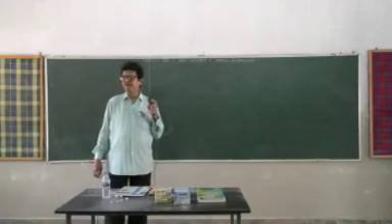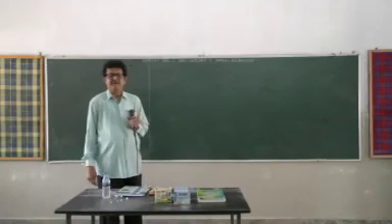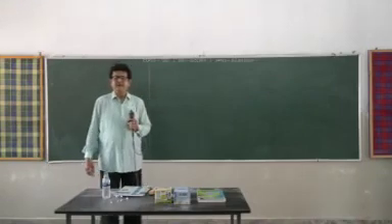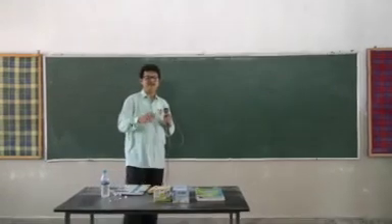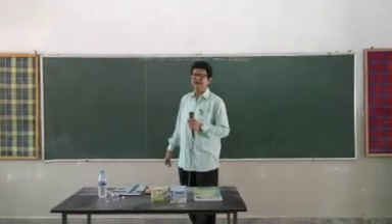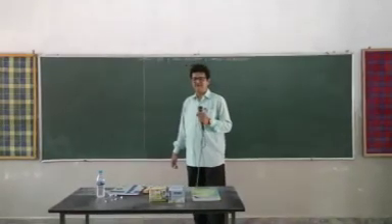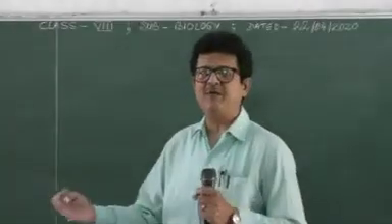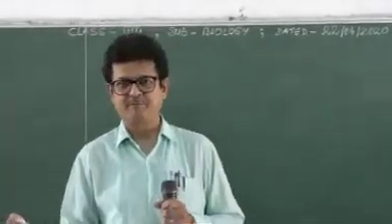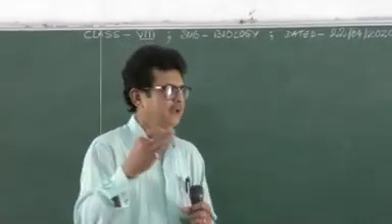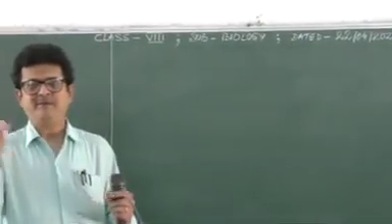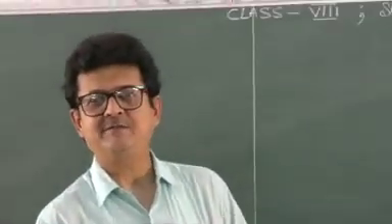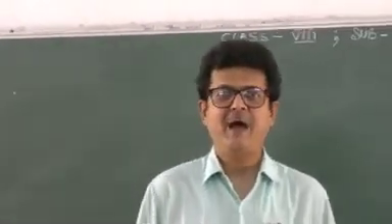Xylem is made up of tracheids, vessels, xylem parenchyma and xylem fiber. Tracheids are normally found in gymnosperms and pteridophytes, the lower plants, whereas vessels, that is tracheae, are found in the angiosperms. With them, we have the xylem parenchyma that I already discussed, which stores food, and